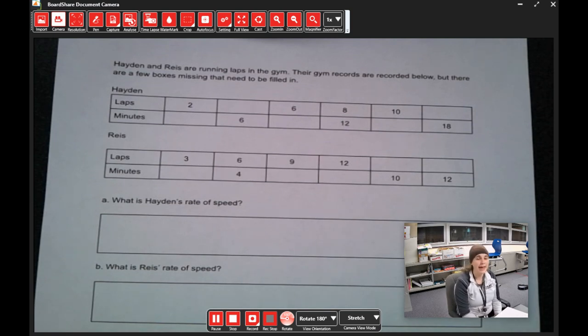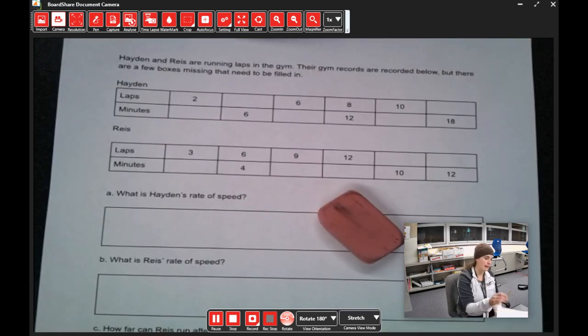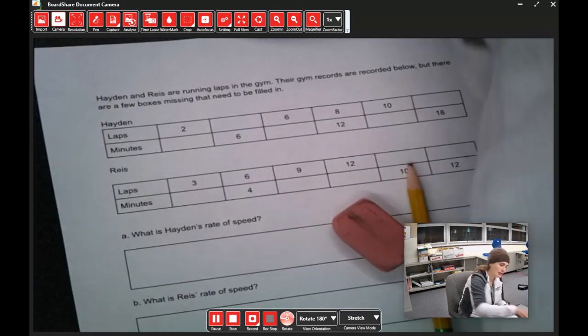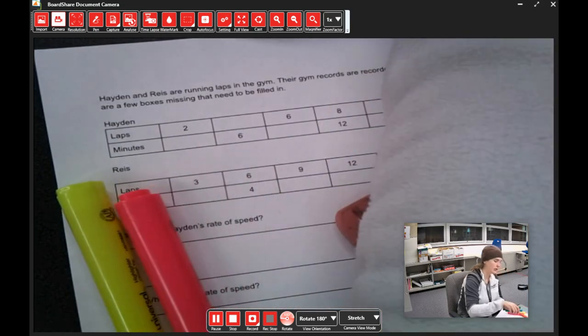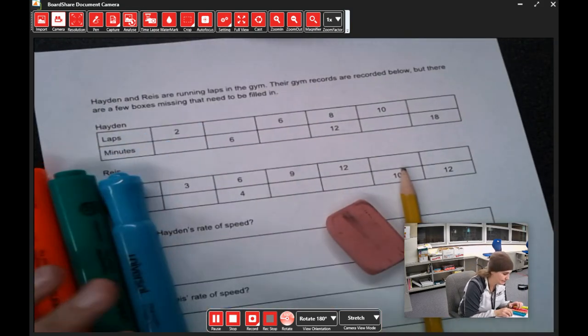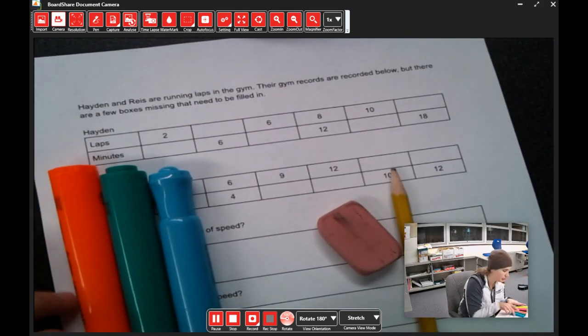Hello everyone, and this is the rate worksheet that you guys are working on today. So, Hayden and Reis are running laps in the gym. Their gym records are recorded below, but there are a few boxes that need to be filled in. I've got my pencil, I've got my eraser, and highlighters should I need them. What to do? Well,